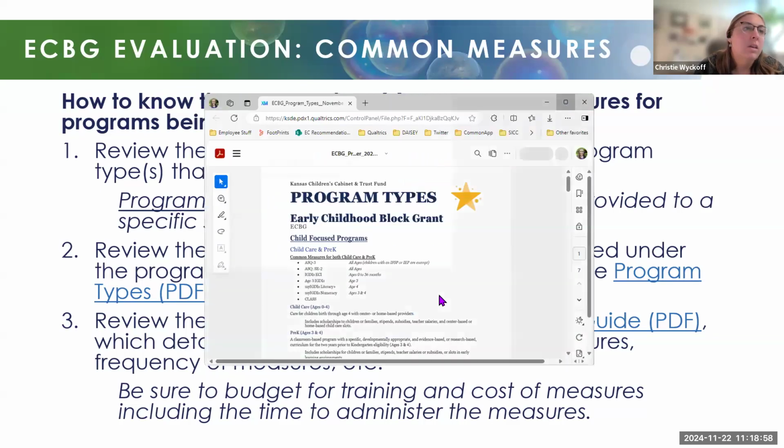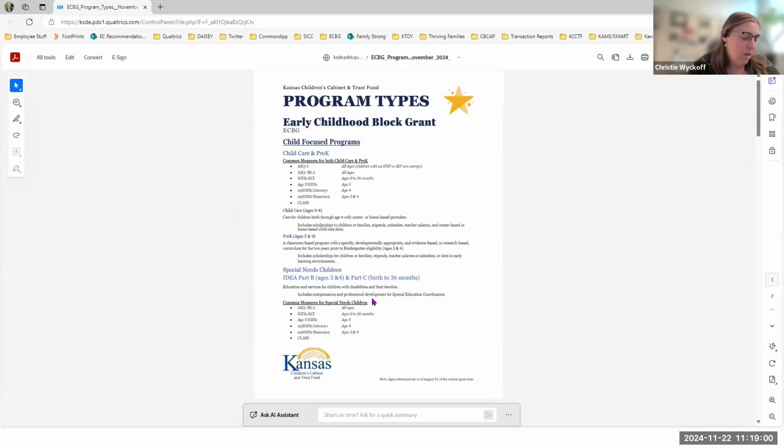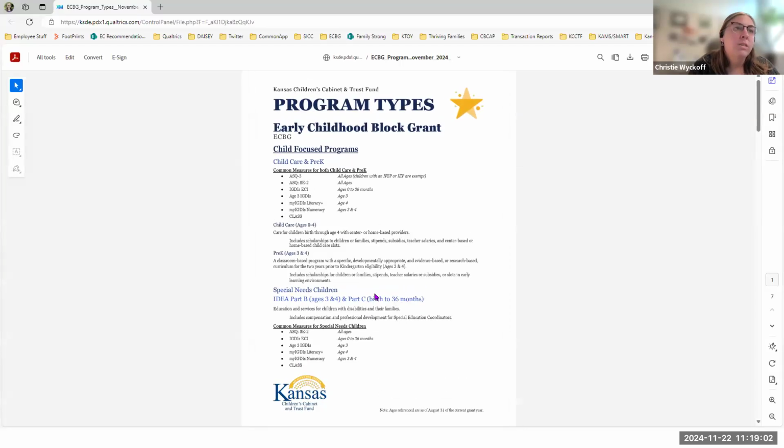Here it is. Pull this up, read through the different program types, and figure out which one your program fits into. It may be more than one, and that's totally fine. Then it will list the common measures that are required for that type of program.